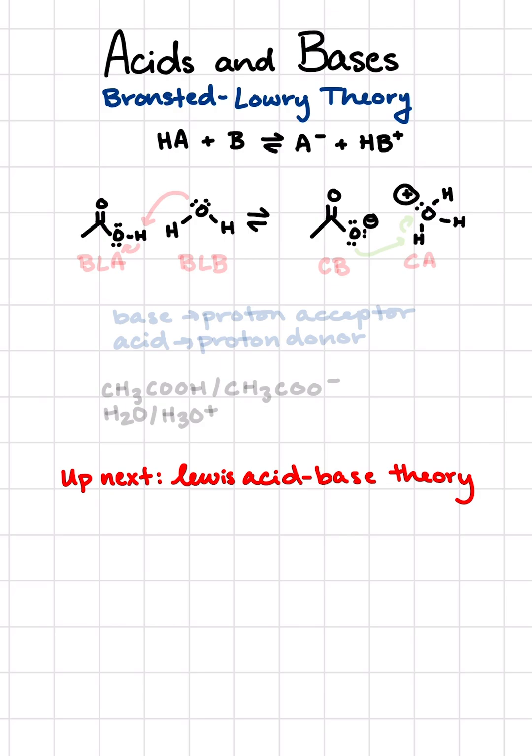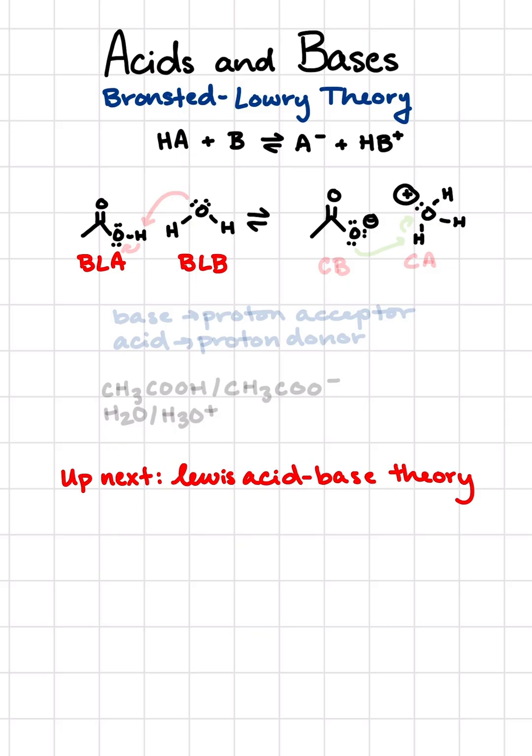Don't ask me why, so instead let's look at a slightly more biologically relevant example, the dissolution of acetic acid in water. So, as the name might imply, acetic acid is going to be our Bronsted-Lowry acid, which makes water our Bronsted-Lowry base. And we can identify these as such because when we draw in our arrows of what's happening,